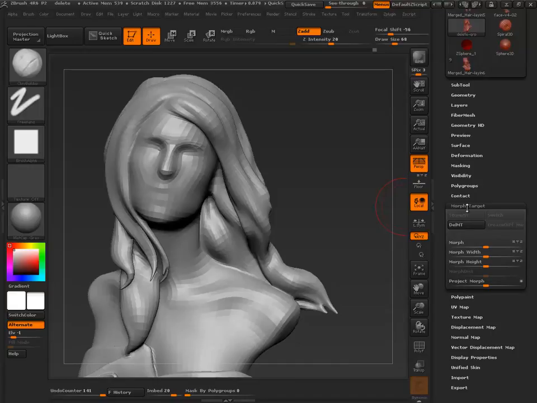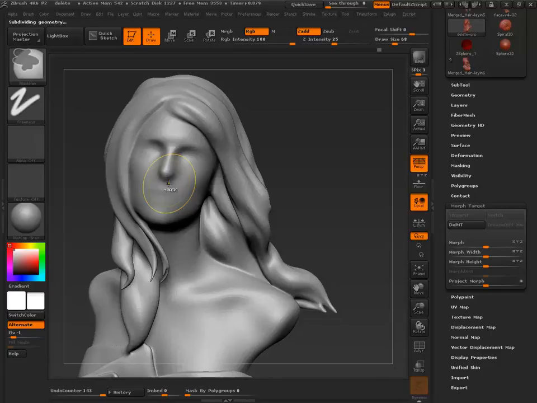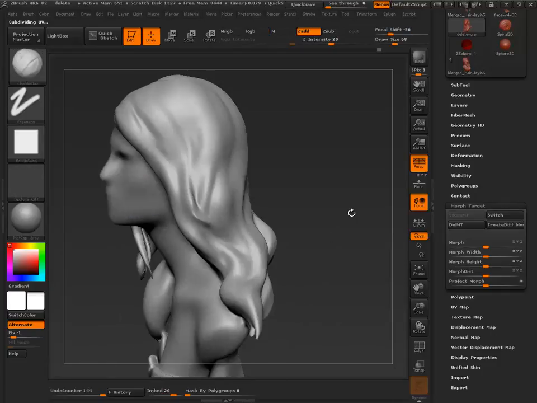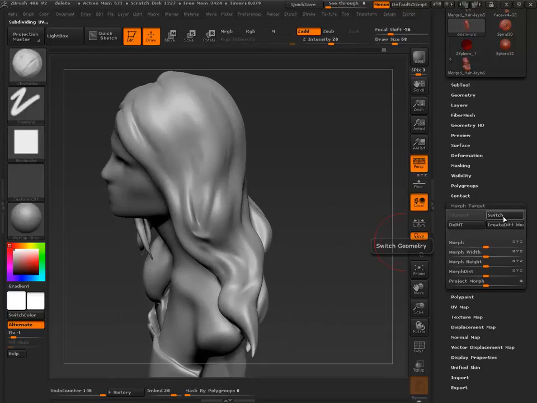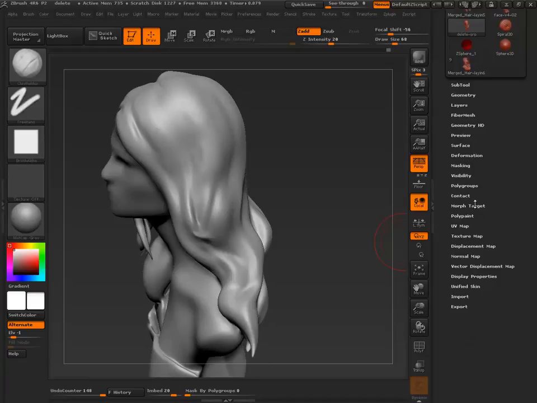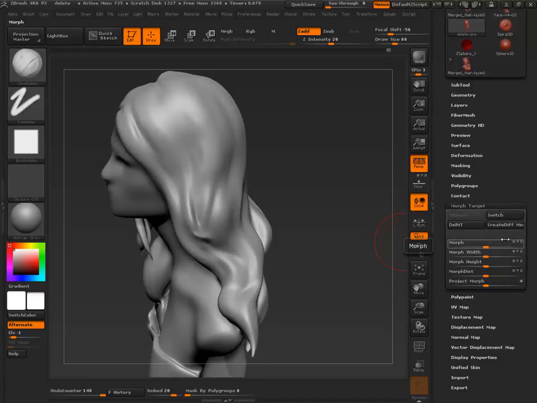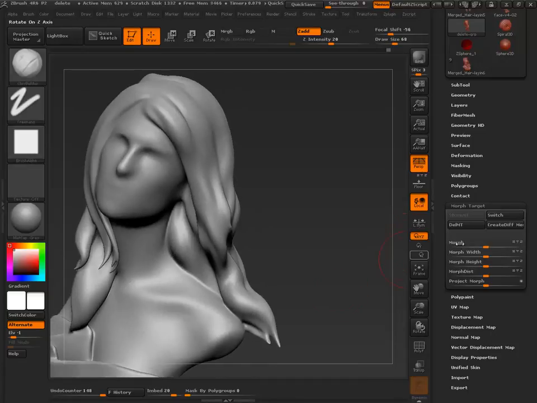So if I've got to make some kind of change at this low level, if there was some reason I had to delete that higher level, all I have to do is divide the model back to that subdivision level, and that bucket is still there. So keep that in mind. Even though you have deleted resolution levels, your morph target is still there. And as soon as the vert count is the same, then it will allow you to access that morph target. And that's kind of important as well because you're going to be dealing with extra geometry at that point, right? Remember, morph targets add to the file size.